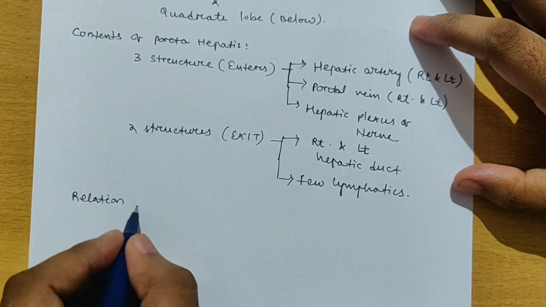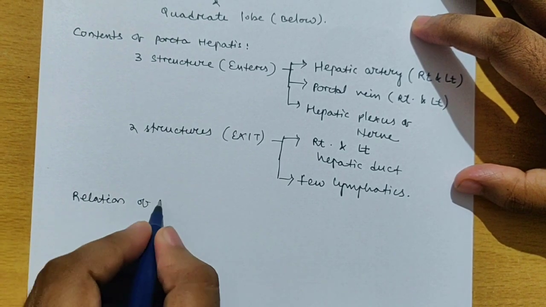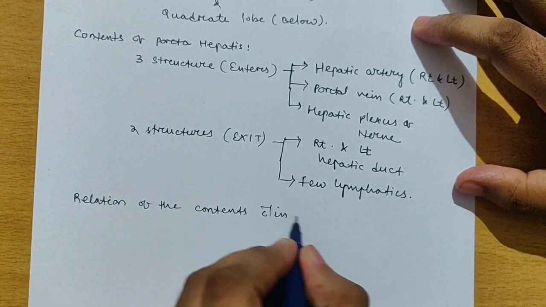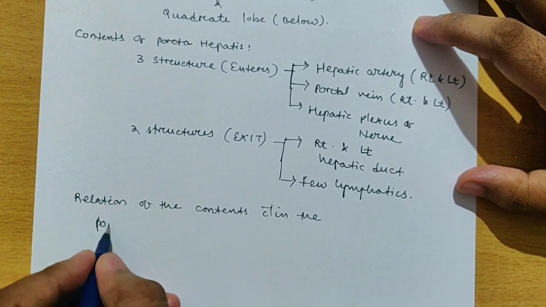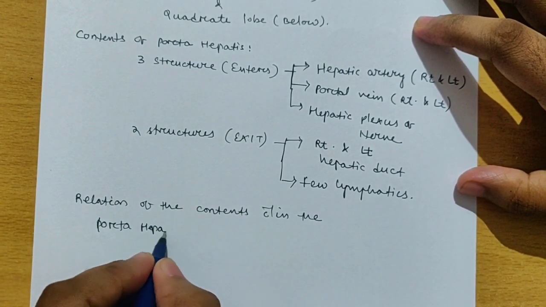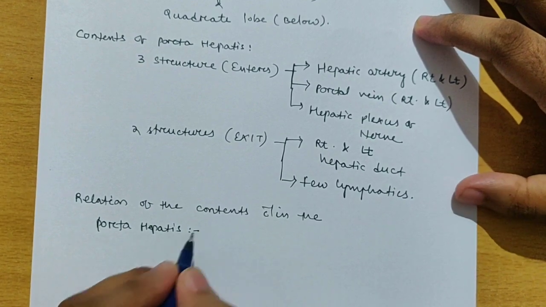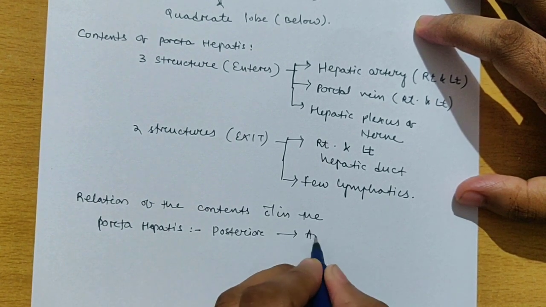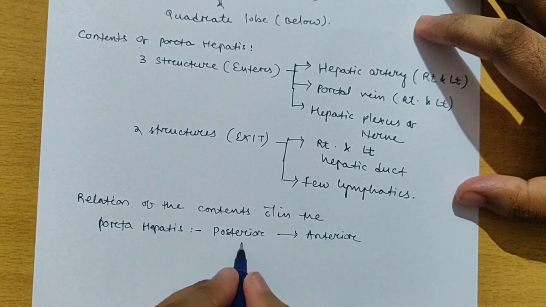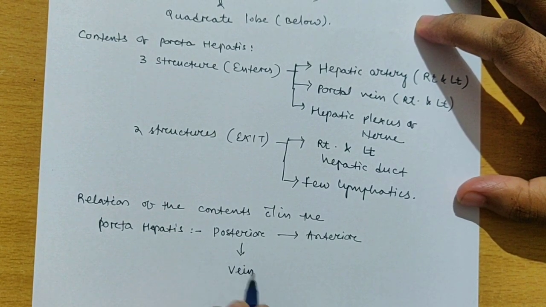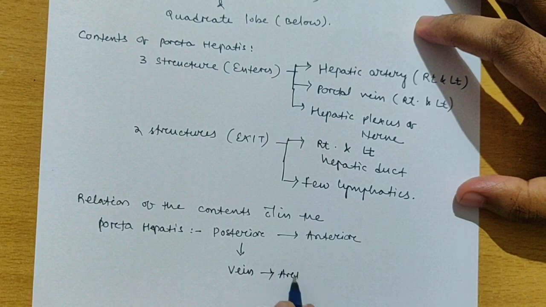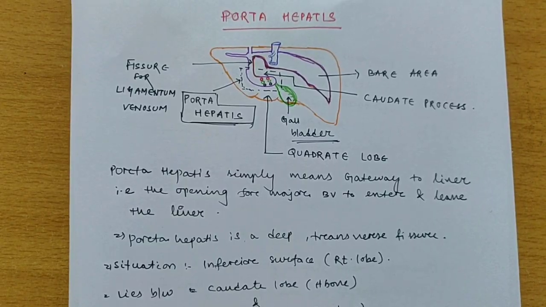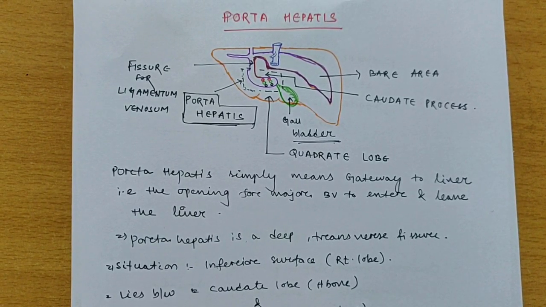Now the last, the relation of the contents within the porta hepatis, posterior to anterior. First one is the vein, then artery, then duct. And with this, the anatomy of the liver is completed, and today's question is